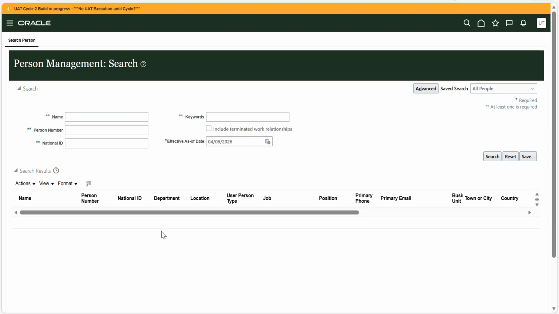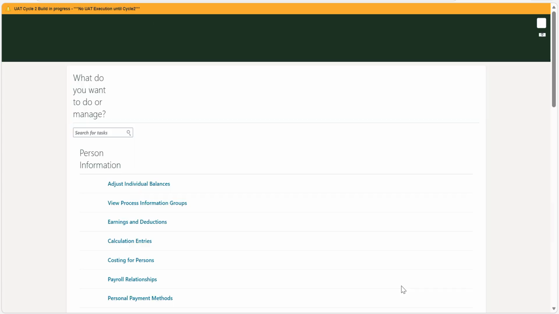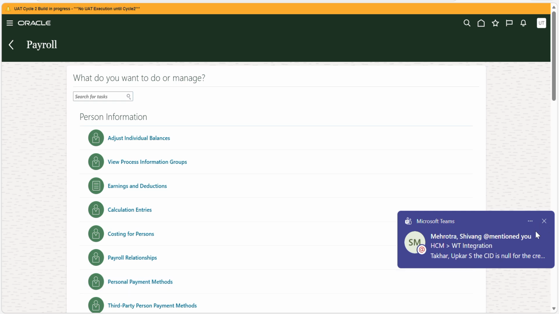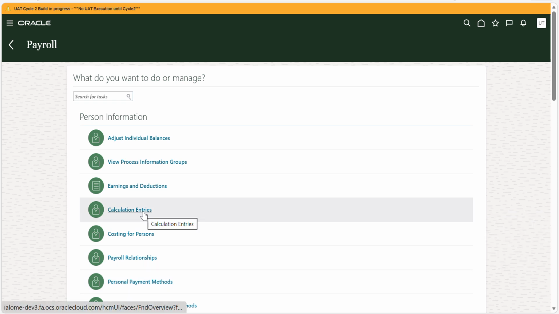We have a newly created user on the system, and what we want to do is add a pension to that user. Now, the traditional route when doing this manually, this would normally be done centrally, but if we wanted to do it manually, would be to go to My Client Groups, go to Payroll, and then from Payroll, go to